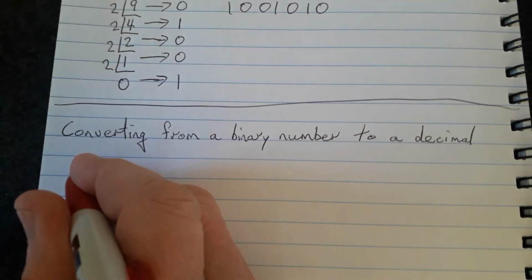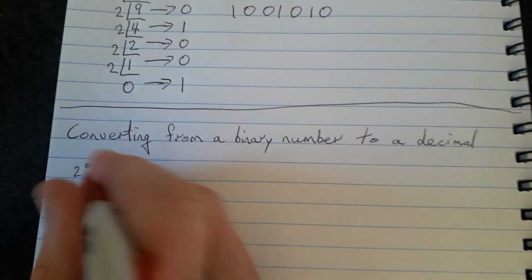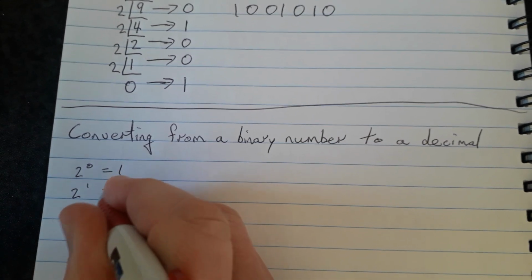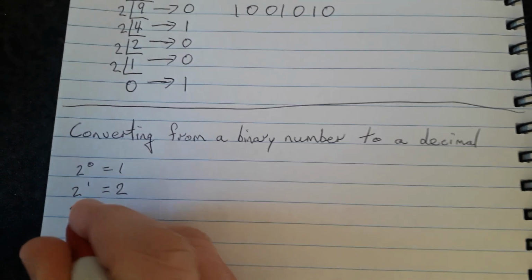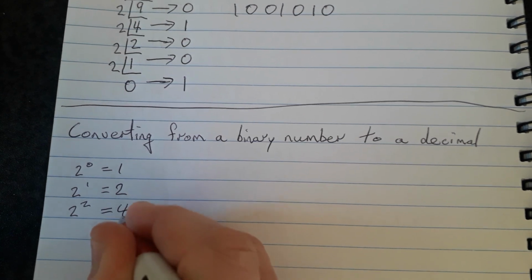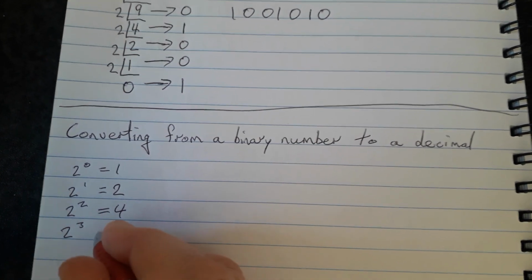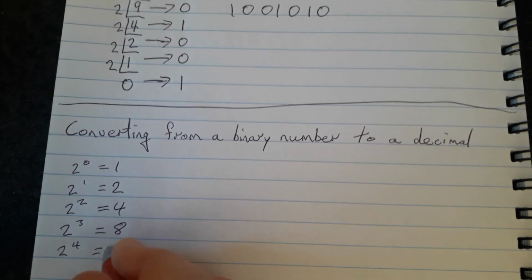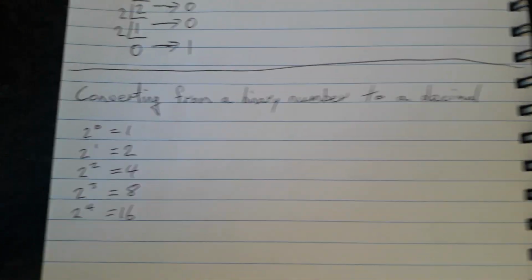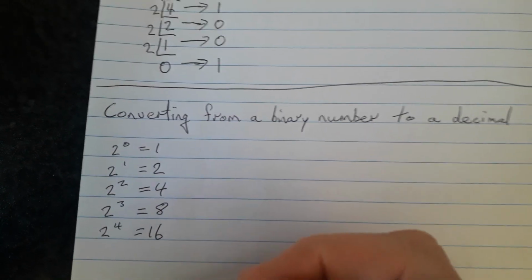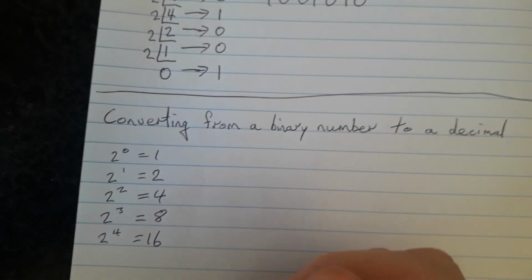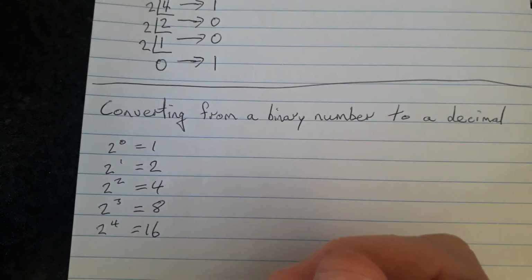So for instance, you need to know that 2 to the power of 0 is equal to 1, 2 to the power of 1 is equal to 2, 2 to the power of 2 is equal to 4, etc. And just do a few more. 2 to the power of 3 is 8, 2 to the power of 4 is 16. Now, you don't need to be able to convert all of these powers. You just need to be able to use a calculator to calculate what 2 to the power of 5 or 2 to the power of 6 is,